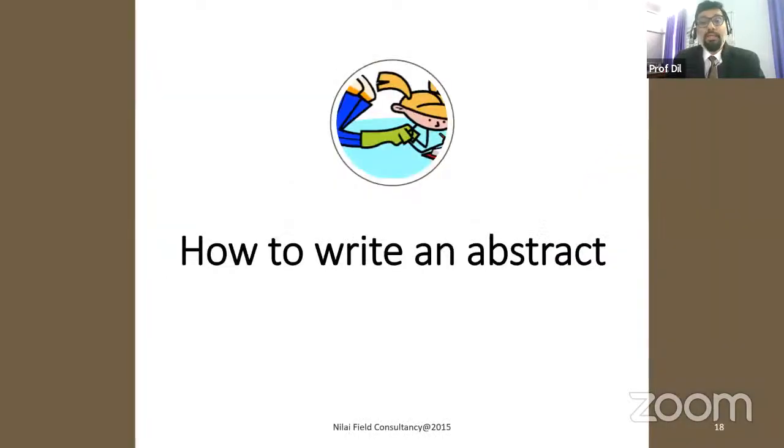Now, how to write an abstract is the second portion. The first portion is the title. The second is the abstract. Once you complete the entire paper, only then can you write properly what is inside this paper. Usually Scopus, WOS, or good journals are business people. They don't give you everything freely. You have to purchase it, or else your university has to subscribe to it. So the most important aspect is you need to tell everything you have done in that abstract. Maximum can be 200 to 250 words.